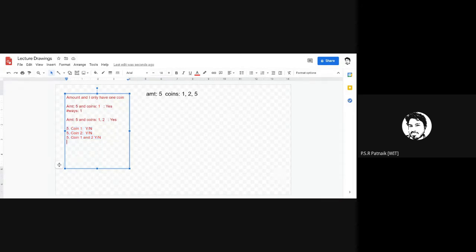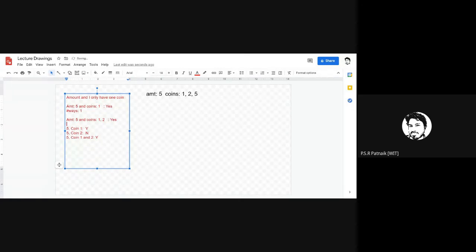So this is the smallest problem, and you know how to solve it. The answer for this will be 1. This is coin 2. Just by using coin 2, can you realize this? No. So you have checked one coin, then the second coin, and now you have to check the combination of 1 and 2, using both. If you want to use both, can you do that?